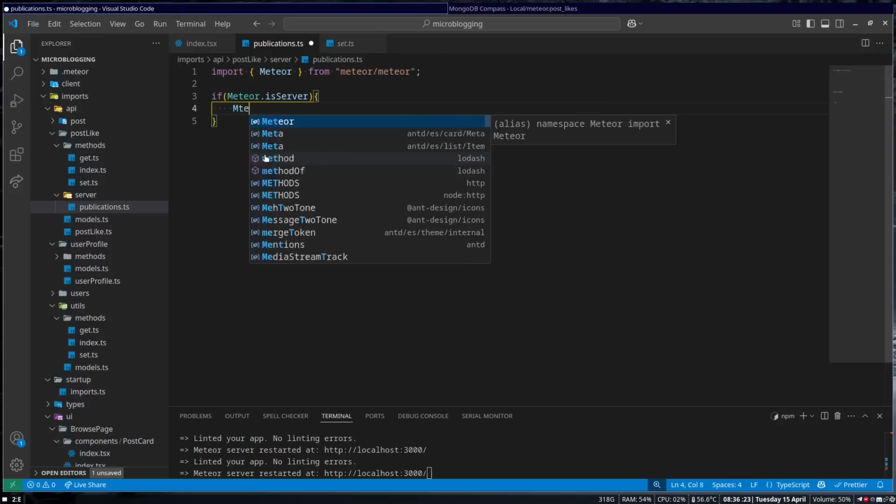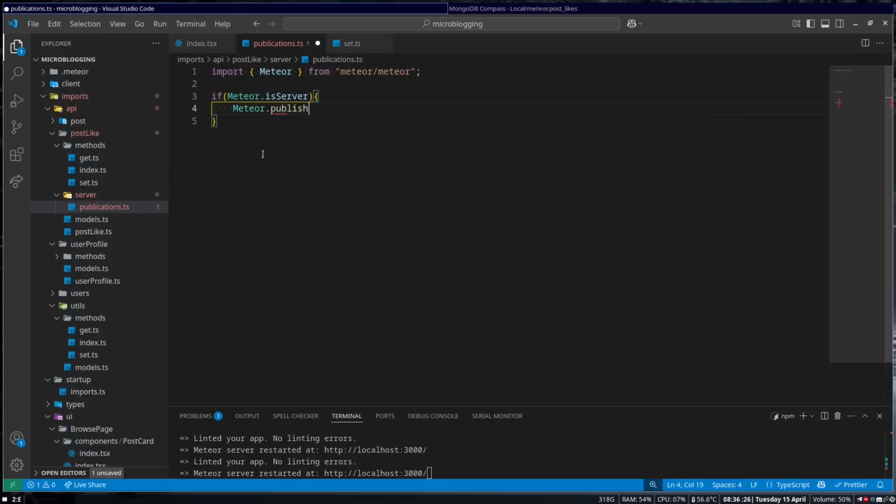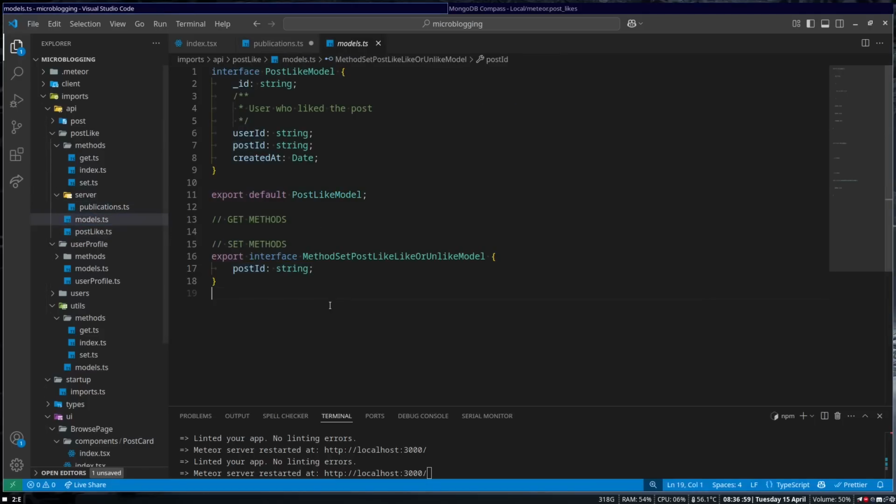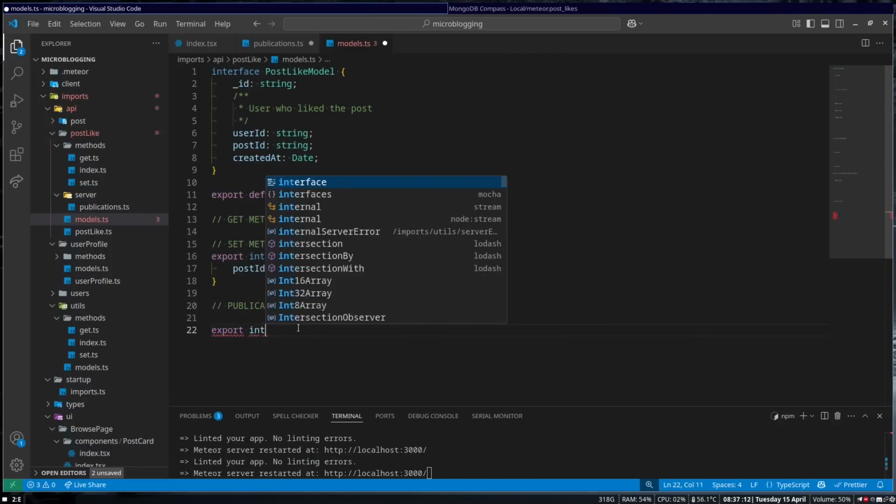Now you can go meteor.publish, and this will create a publication. And the naming scheme is the same. Publish.postLike.totalLikes, and here we can get the amount of people who actually liked it, and this will of course contain a function. Now we actually want to get the amount of people who liked a post via the post ID. So again, we can copy this, and here of the models we can go publication models, and is export interface,